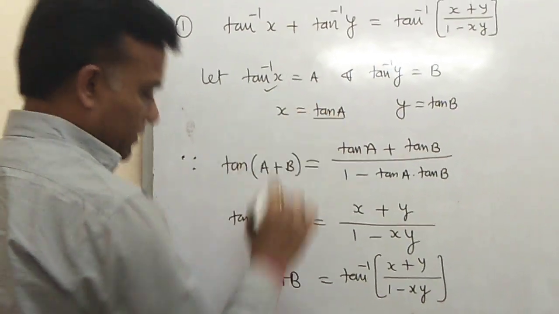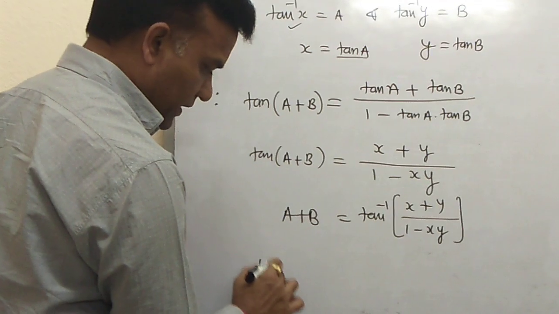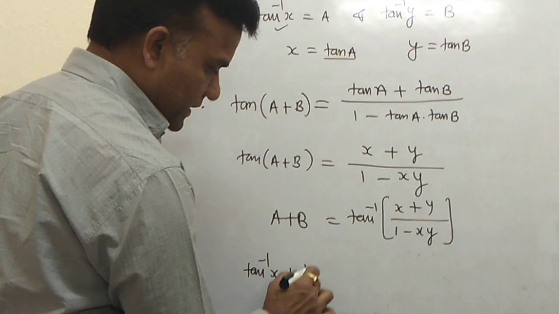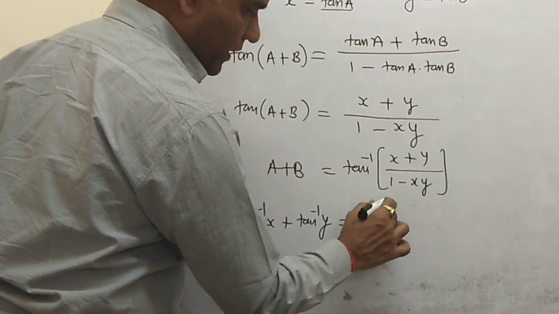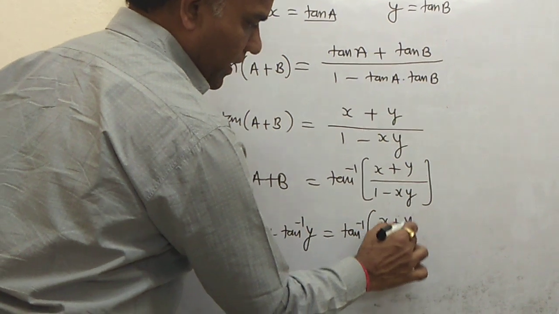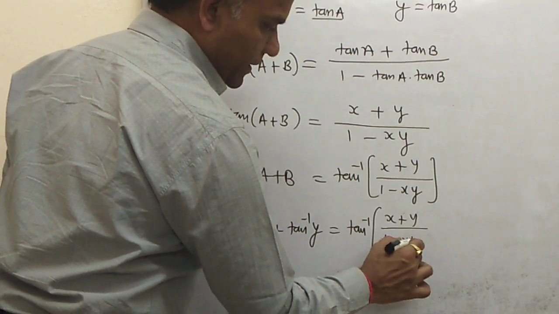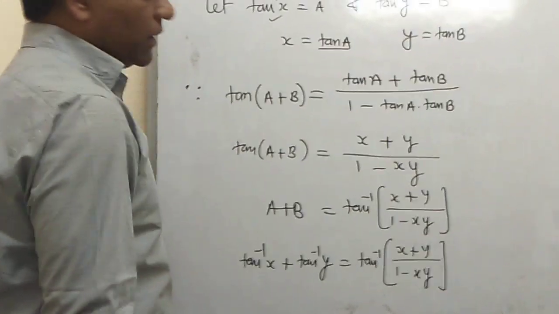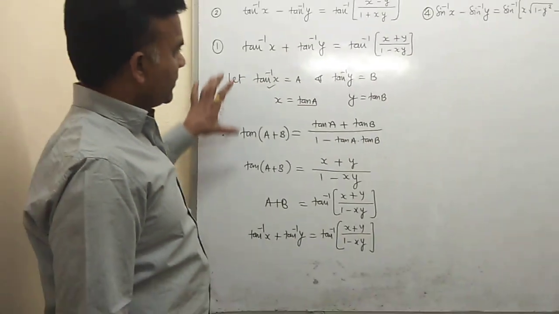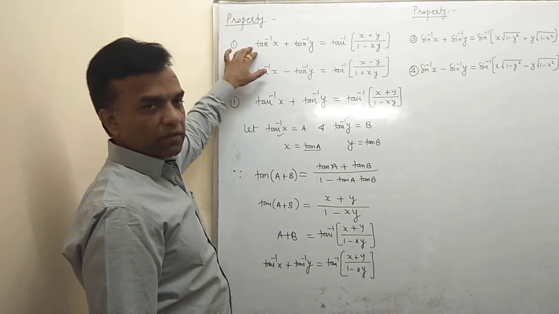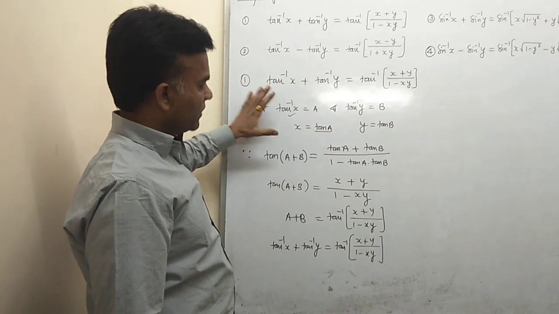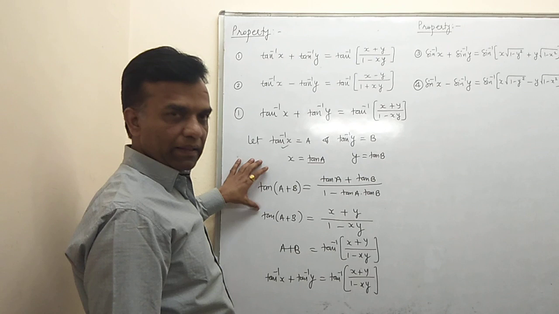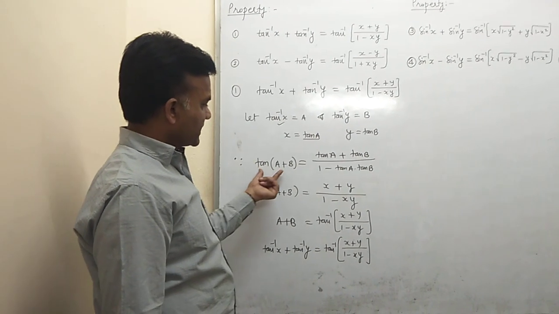Okay, so what is the value of a? We know that tan inverse x, so you write down here in place of a, tan inverse x plus tan inverse y, which is equal to tan inverse of x plus y upon 1 minus xy. Okay, so basically this formula is a little bit the same, because there is one formula for the plus and another formula for the minus, but the concept is same. So therefore we write down only the one formula here.